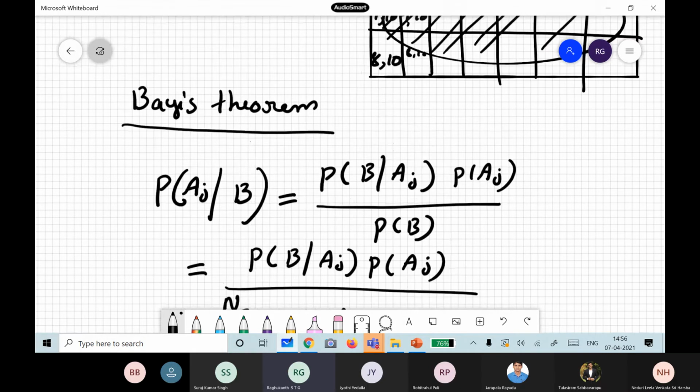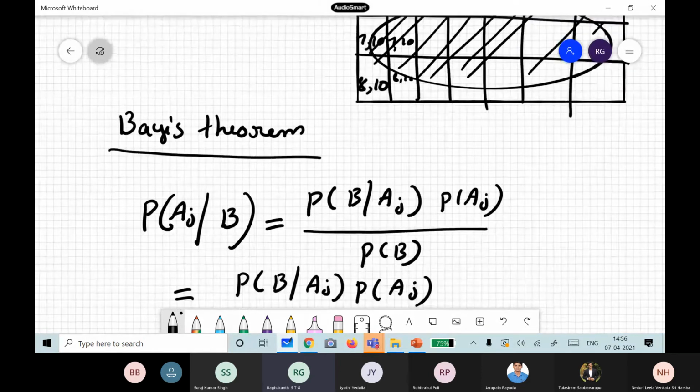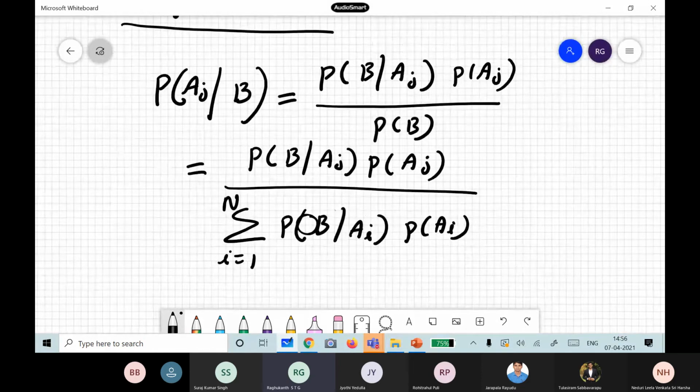It is something like, given, let us say, the structure has collapsed actually. So now the event has already occurred. So the structure has already collapsed. Now we are asking the question that, you see, what is the probability that it has collapsed due to a strong earthquake, or a medium earthquake or a weak earthquake. So this is like an inverse kind of problem itself. So this is also very important, which we use in our hazard analysis for de-aggregation.